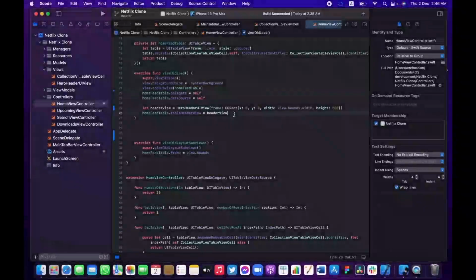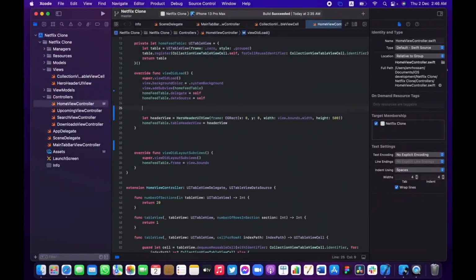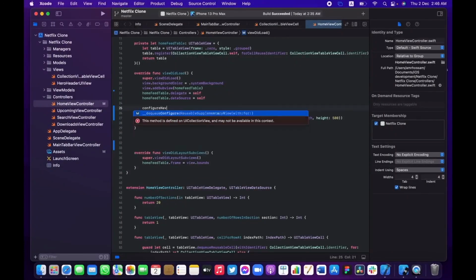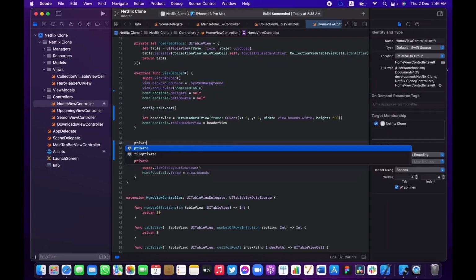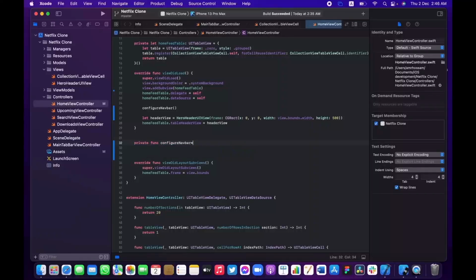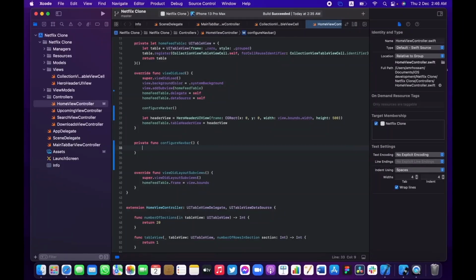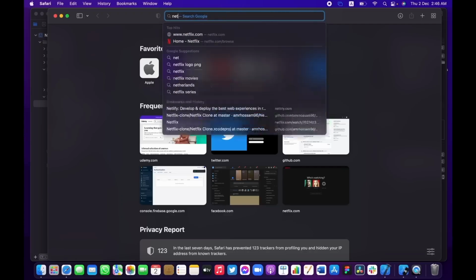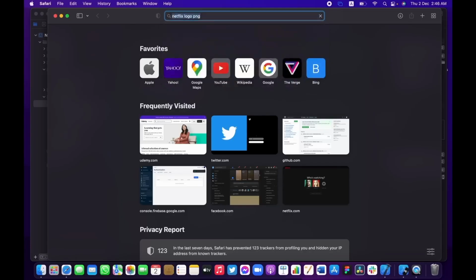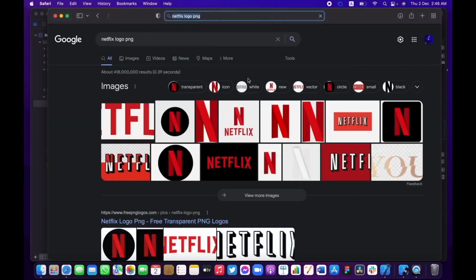And let me define a function over here. Let's call this function configureNavbar. We can copy that, and just declare a private function over here with the same name, of course. Basically what we need is to add the Netflix logo. So we can go ahead, open Google, and type Netflix logo PNG. Basically we need that with a transparent